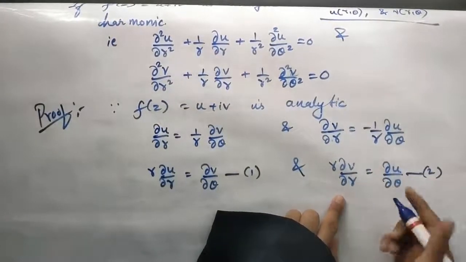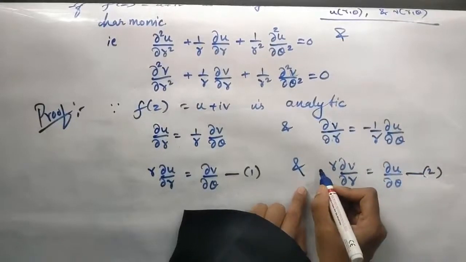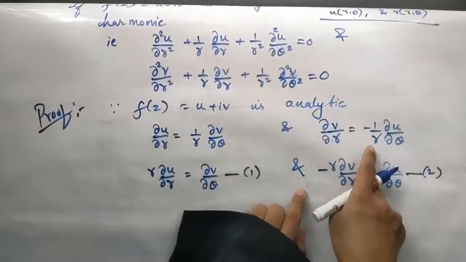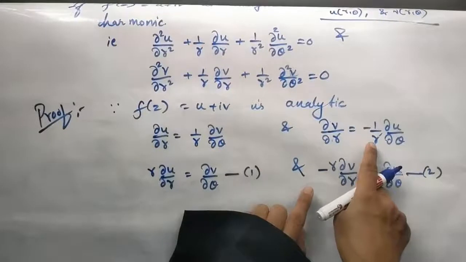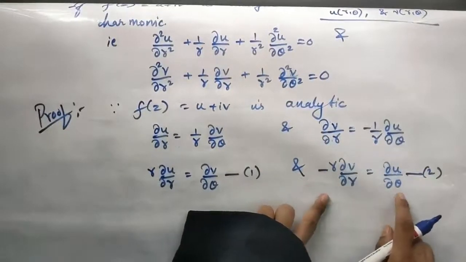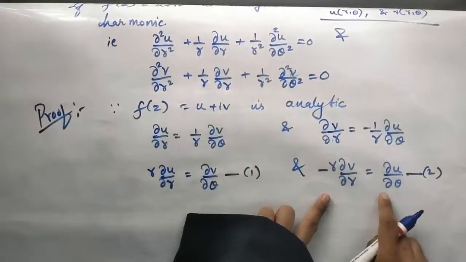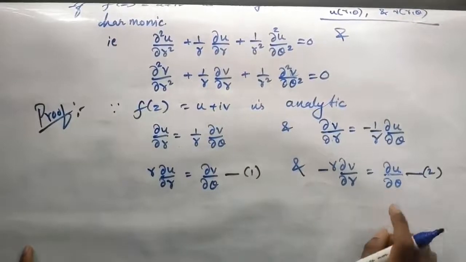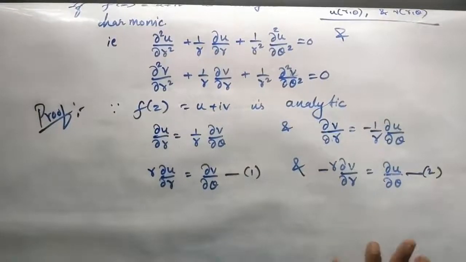Instead of taking direct equation 2, I want to do one more step here. Instead of taking this as equation 2, I'll do a small change. I'll take the minus sign along with it, instead of simply taking r there. So I'll get this as equation 2. There is a small change here because I want dou square u by dou theta square in positive. Only that is the change, nothing else.